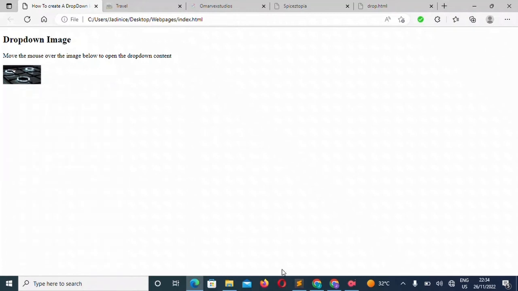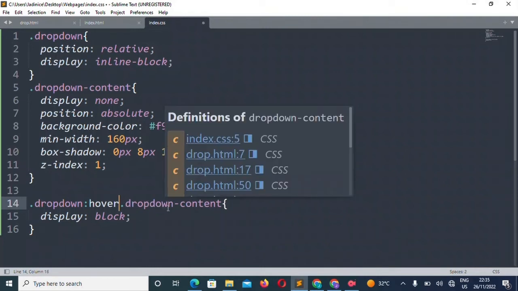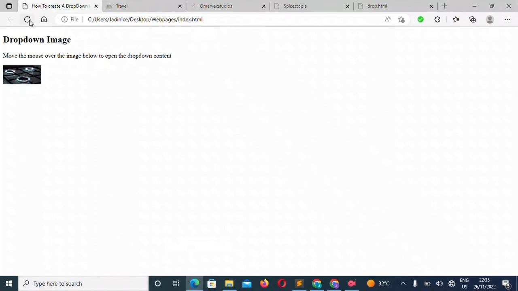And so remember, please, if you want this to actually work after you type in the hover, please make sure to give some space before you write the drop down content. Why am I saying this? If you happen to make it to be together and you save it and you refresh, in some browsers it won't work.